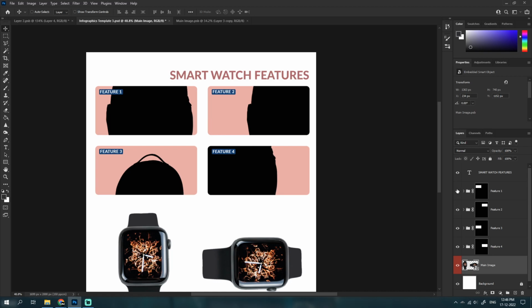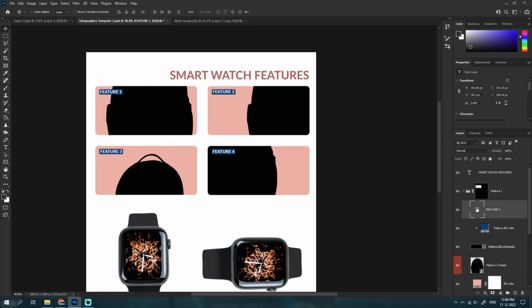Now let's go to the features. So this is feature 1, feature 2, feature 3, feature 4. And let's open feature 1. Here is the text one. So let's say like a glass, like protective glass or something. And then it's there. Now you can see it doesn't match the text. So let's just click Control T on this feature rectangle and drag it fully